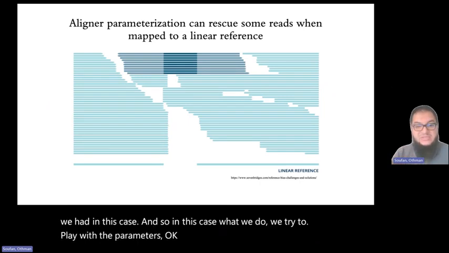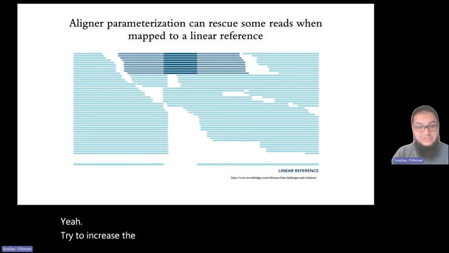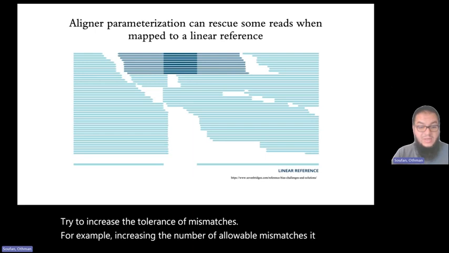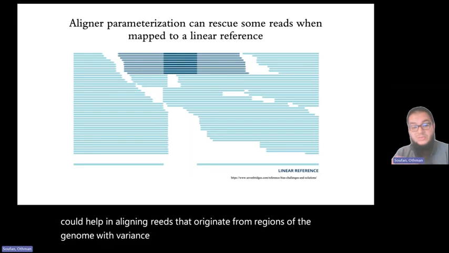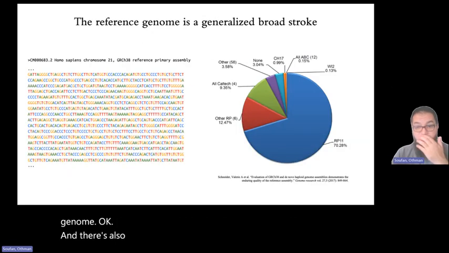For example, mismatch tolerance: when we are working, try to increase the tolerance of mismatches. For example, increasing the number of allowable mismatches could help in aligning reads that originate from regions of the genome with variants that are not present in the reference genome. Okay. And this also gets us into different